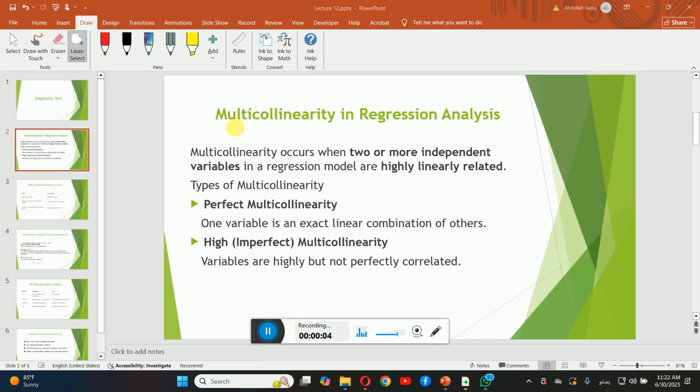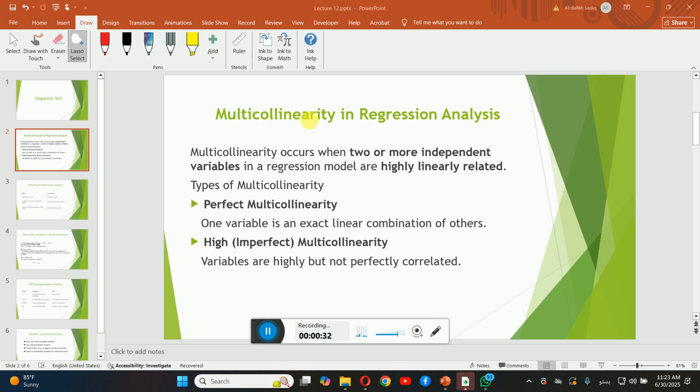Dear students, in this session I'm discussing the issue of multicollinearity in regression analysis. In our previous sessions, if you remember, we have covered some other issues such as heteroscedasticity, and also endogeneity and autocorrelation in the MLRM, right? So our lecture today on multicollinearity is part of the lecture series we have on classical linear regression model assumptions. And among those CLRM assumptions, one very important assumption is that there should be no multicollinearity